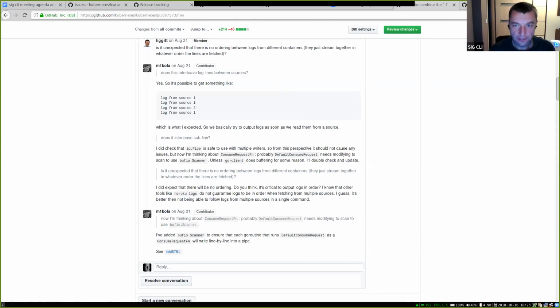Make sure to also update the examples that are usually at the top of every command. There is a section with examples. Some commands have more examples, others a little bit less. In your particular case, I think it will be worth updating the examples on how to follow the logs from multiple containers with the prefix attached. So it's definitely good to have those over there, and then also look into the official docs and update them